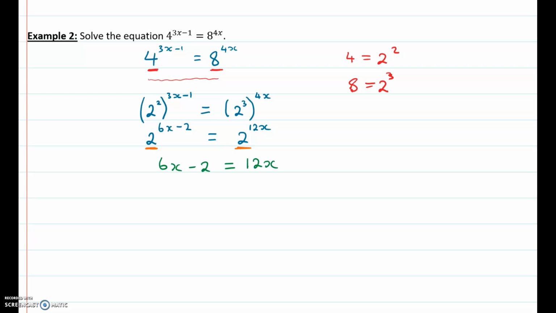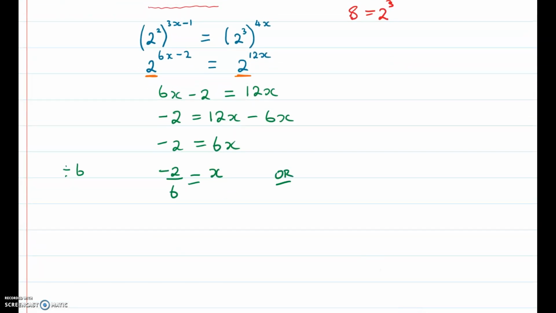And we're going to try and get the x on its own. So let's say we move the 6x across, becomes 12x minus 6x. And then minus 2 is equal to 12 minus 6 is 6x. And if we divide across by 6, so that the x is on its own, we get negative 2 over 6 is equal to x,